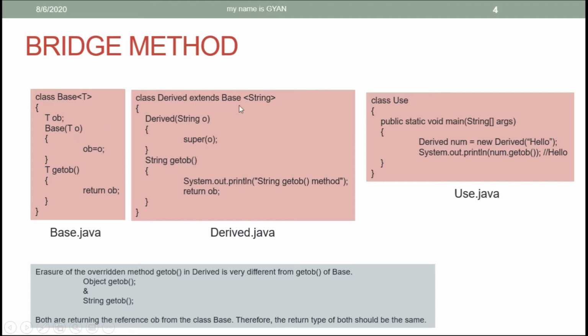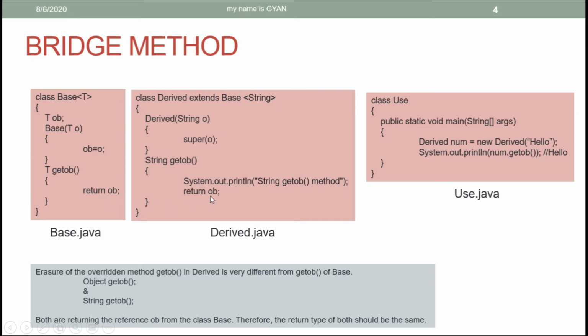So hopefully you're getting my points. We already have seen this concept in the previous videos of this session. Now the problem arises here with the method getOb. For the JVM, the getOb method in the class Base returns java.lang.Object. But the method getOb in the class Derived returns String. So these two methods are returning different types. This is not an issue. The issue is that both have to return a reference variable of type ob.